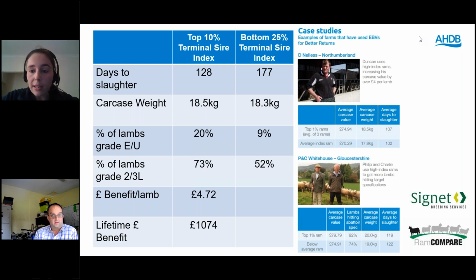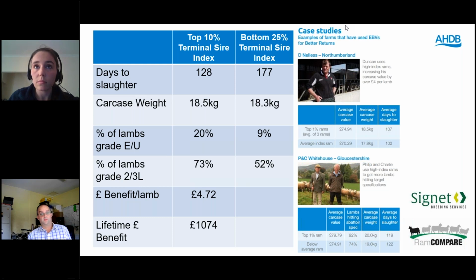So E&U grades, what differences did you see there? It says on the screen, there's 11% difference. Obviously, that also has an effect on your end price, which is another 10p per kilo. Again, over 20 kilos, there's another £2-3 a lamb. It all adds up. And with the graded 2 and 3L,